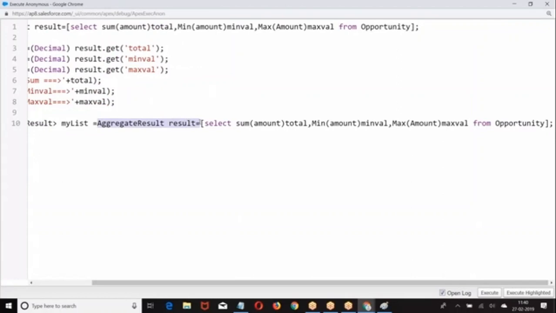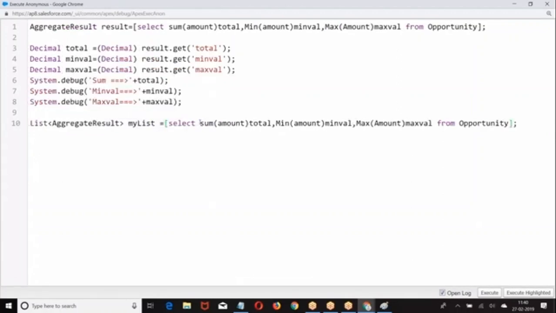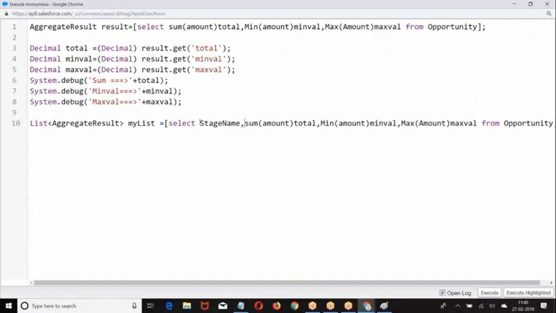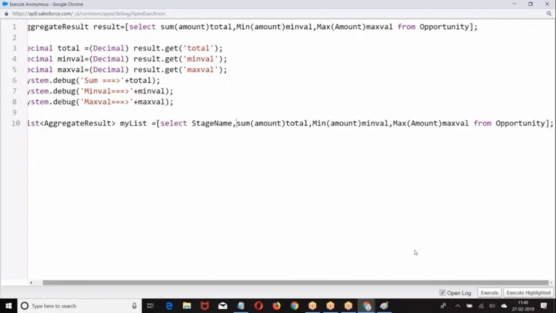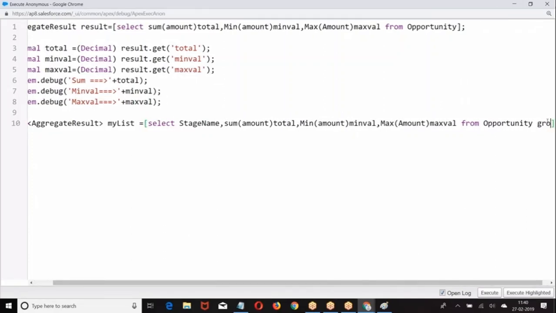Now, why did I write list of aggregate result? When I am grouping it, every group will get a separate sum, separate min, max. In this group, sum. In this group, max. In this group, min. So, how are you going to separate? Opportunity, group by.